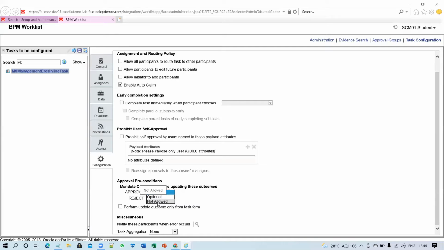If you click on not allowed, then you cannot see the comment. Now I am setting it up as optional right now. In the same way for the reject, you can set it up. Now I'm not changing anything at this moment.